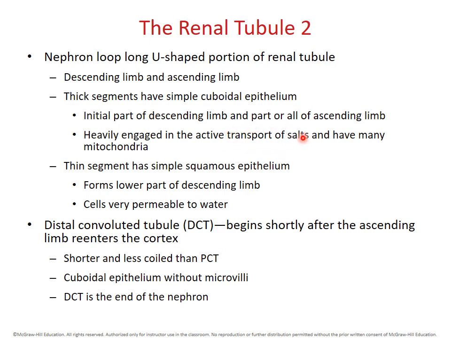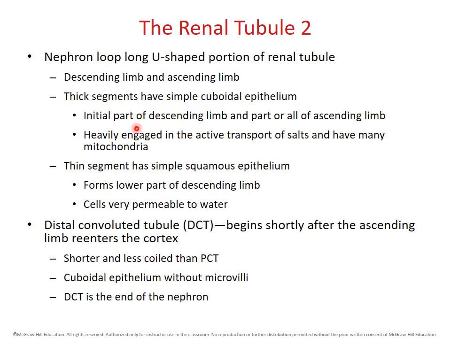And again, we're not gonna go into too much detail about why right now. That comes later. But just know that transport of salts is going to have something to do with osmosis, creating environments that have high osmotic pressure and low osmotic pressure. And so that's going to have something to do with the movement of water. Because they do so much active transport, of course, you find many mitochondria, because active transport is an ATP requiring activity. So the thick segment is involved in active transport of salts like sodium and chloride,